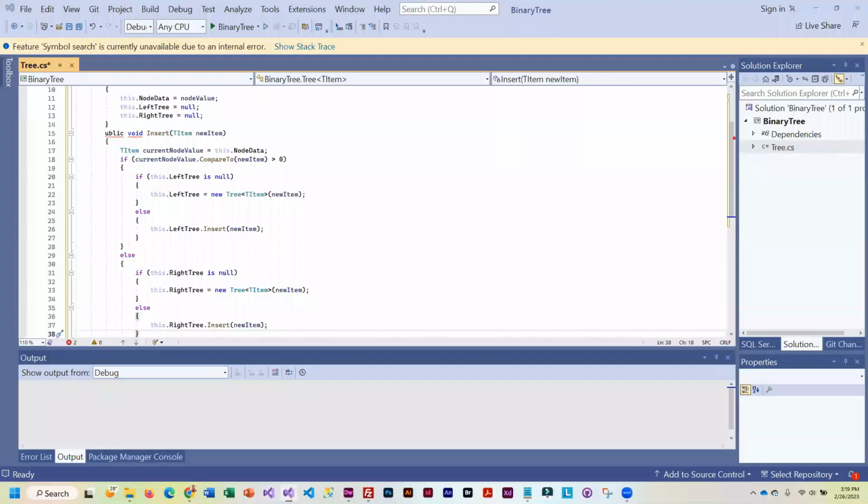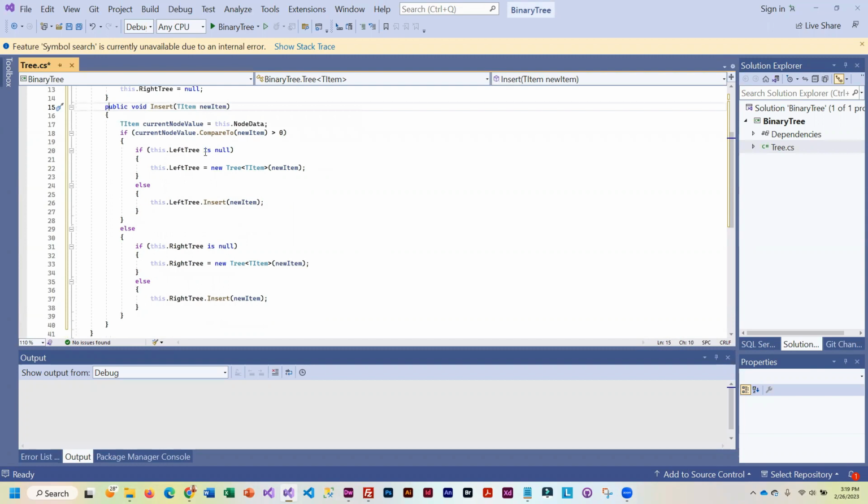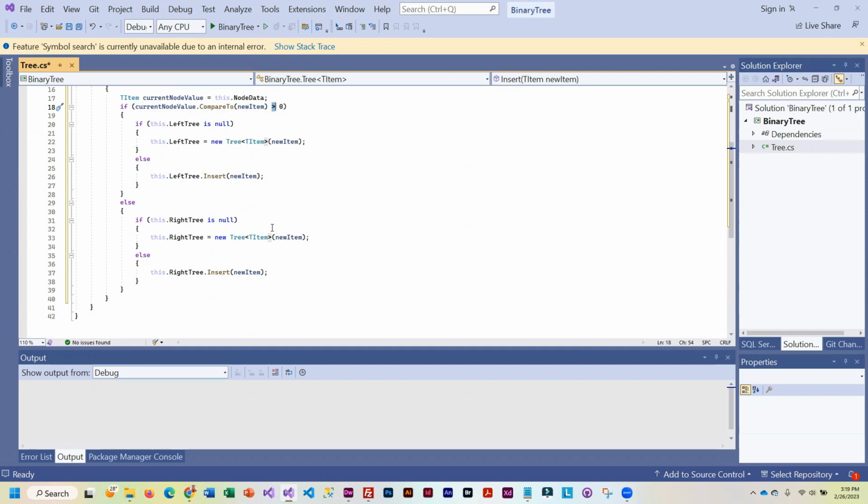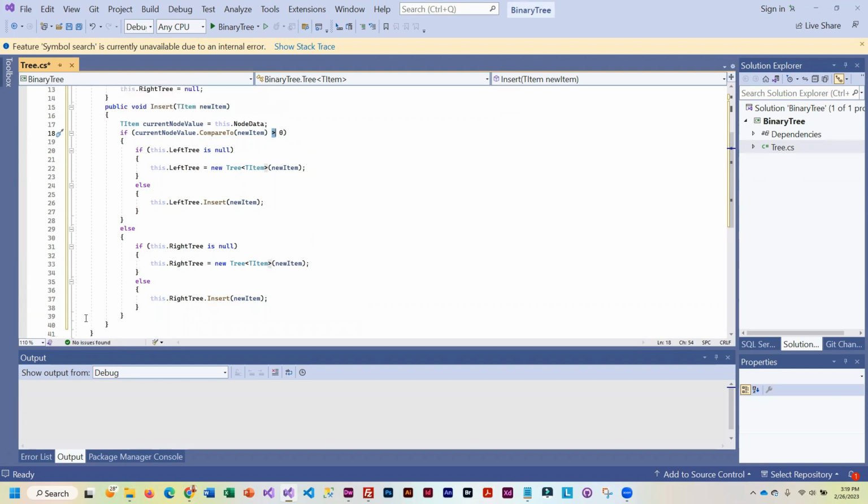So here is that code that we were just looking at, where it is checking to see if it's greater than 0 to determine if it needs to go into a left tree or a right tree. Now, this adds the values